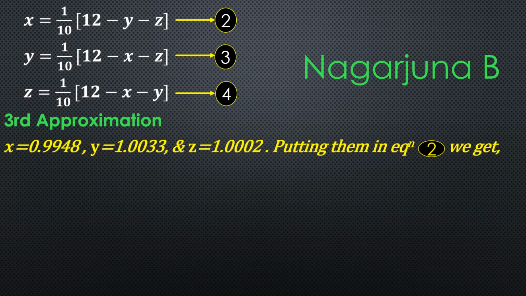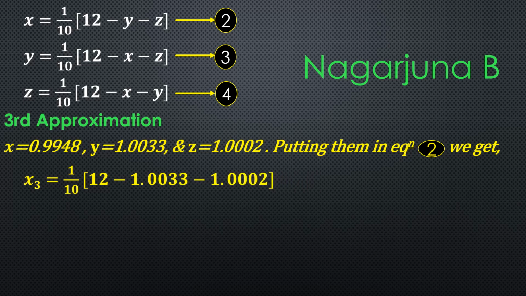Putting these values in equation 2, on the right hand side we get x3 is equal to 1 divided by 10 into 12 minus y value, which is 1.0033, minus z value, which is